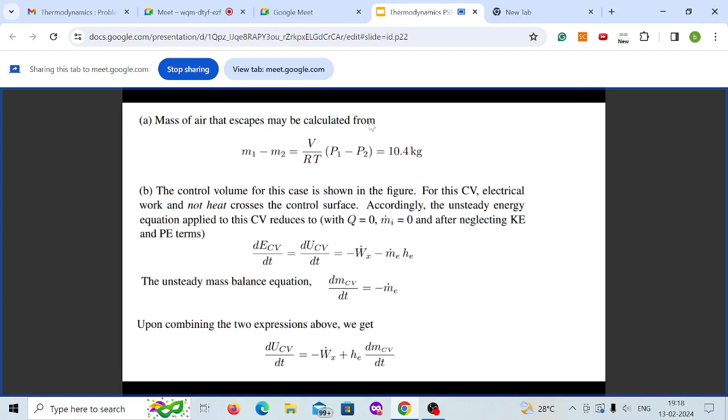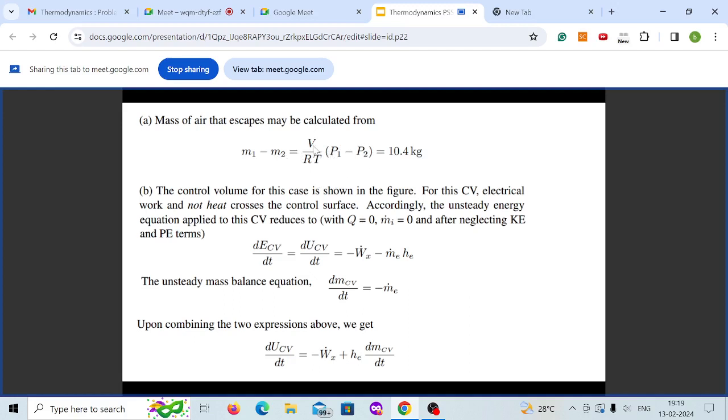So we will write the ideal gas equation. PV equals mRT, so you can write mass as PV by RT. In this case, your volume and temperature are constant. Your gas is the same, so the gas constant R is the same. So M1 minus M2, the mass at state 1 minus the mass at state 2, is equal to V by RT into the change in pressure. You know the volume, 1000 liters,